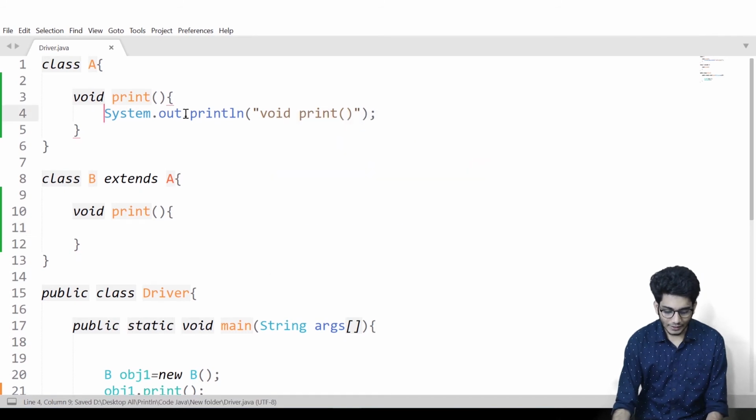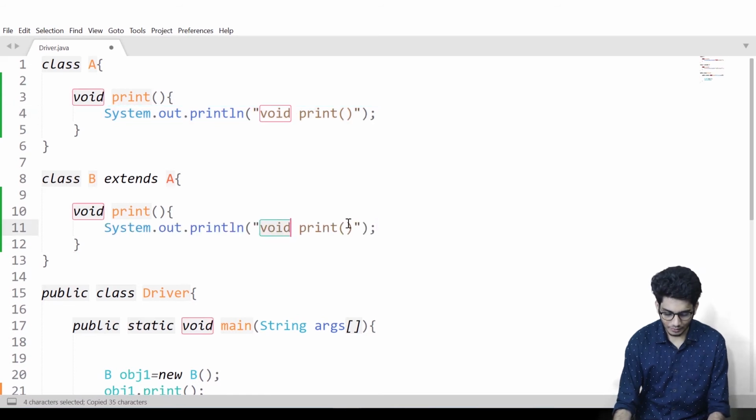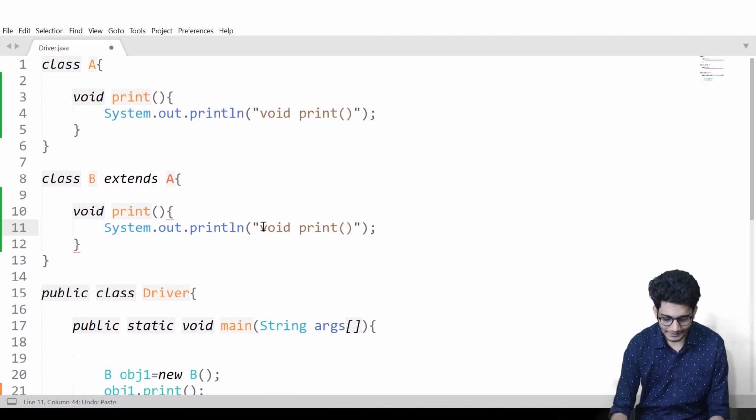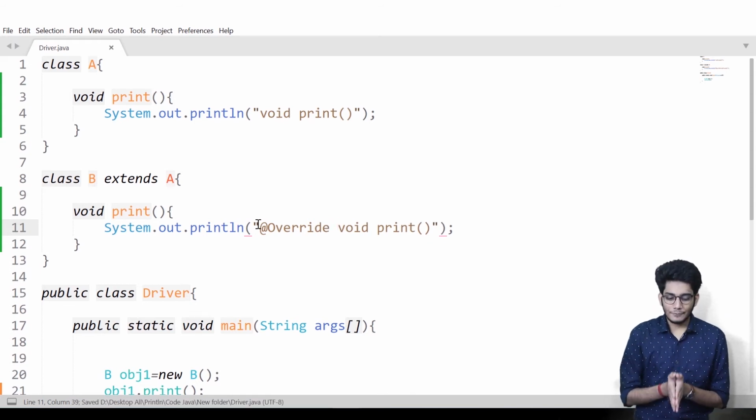Now within that method we'll print something. We'll print "override void print". So we have written @Override void print.